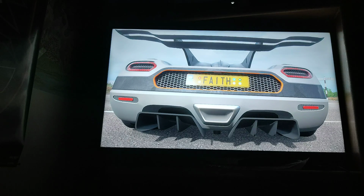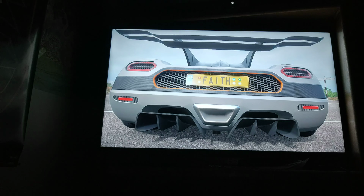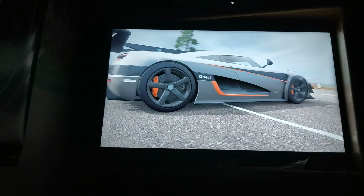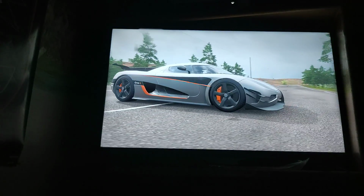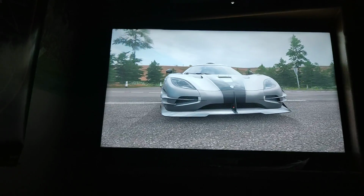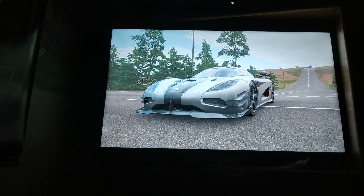But while the Agera and the Agera R were quickly gaining popularity, Christian Von Koenigsegg, 2 years later, went back to the drawing board to make a car that was bigger, faster, and more powerful than its little brother. And this was the result of Christian's hard work. The 2013 Koenigsegg 1-to-1. It's called the 1-to-1 because it's got 1,000 horsepower and because it's got over 1,000 horsepower and